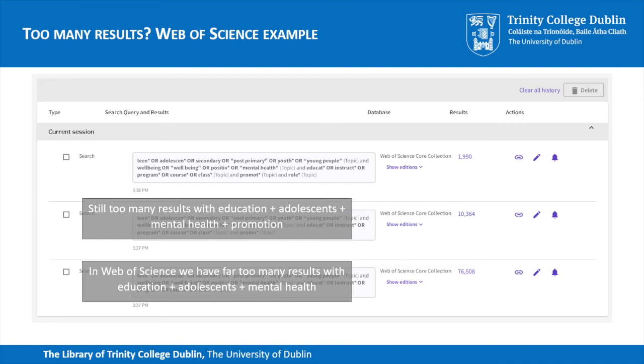Now, it does depend on the level you're at. If you were doing a systematic review, you might say, well, actually, that's okay. You're wanting to be very comprehensive. But certainly for most things, probably even up to PhD level, you would think that's too many results. So we put in our 5th concept, the concept of the role. And when we did that, we got this nice manageable number, or a far more manageable number, of less than